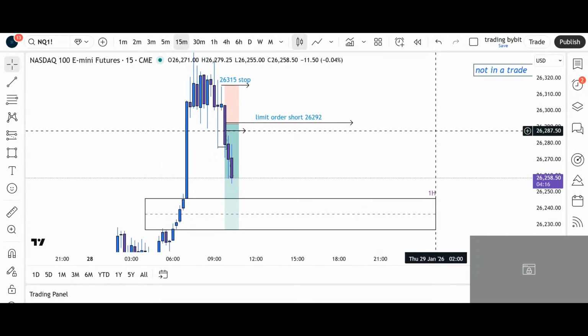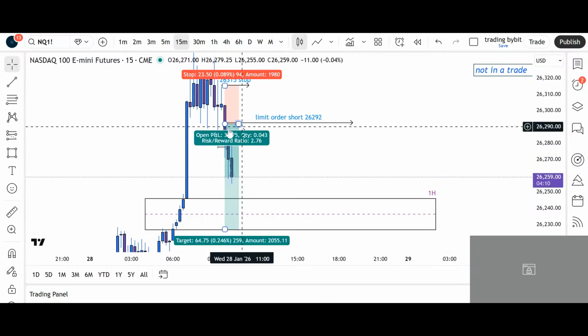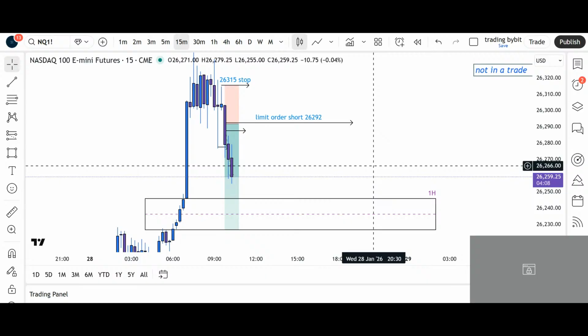And you have to be okay with it as a trader. It's something that we cannot predict if it will have a retracement, yes or no. If it doesn't have that retracement, I'm just not trading.